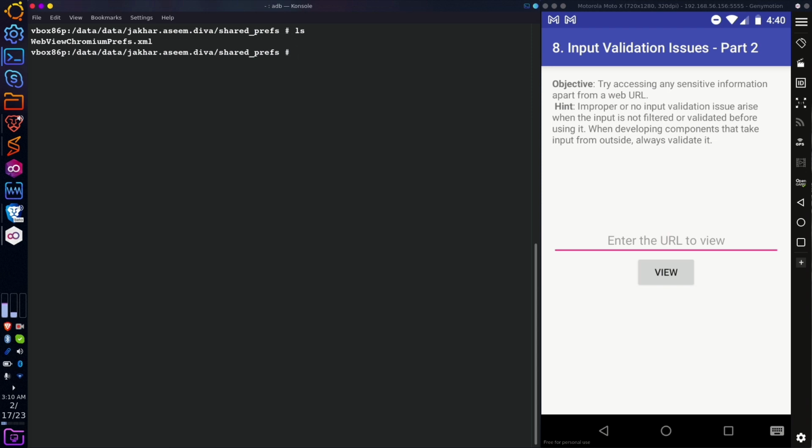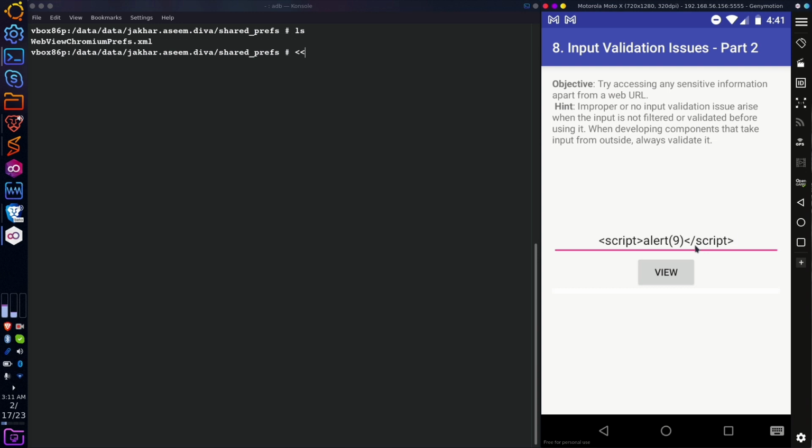Because the application cannot respond with the particular action. Whenever I put the script here, the script is easily input, but it cannot show the action. You can see here it cannot show the alert error,